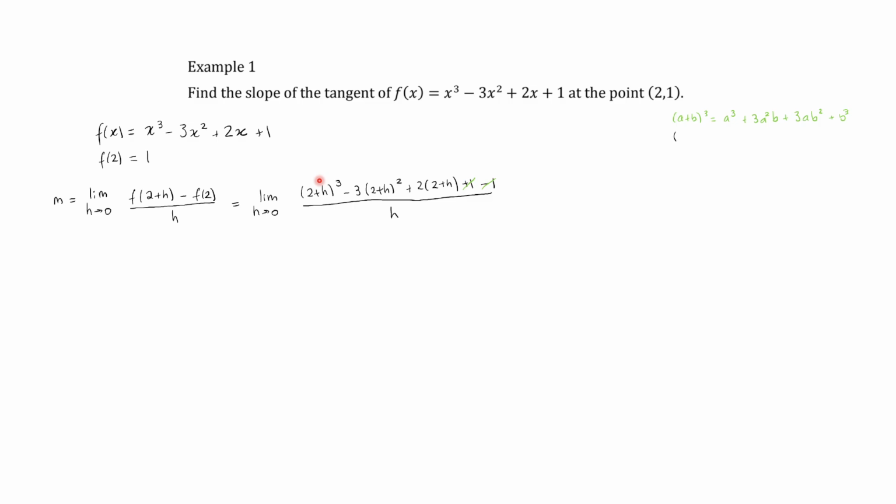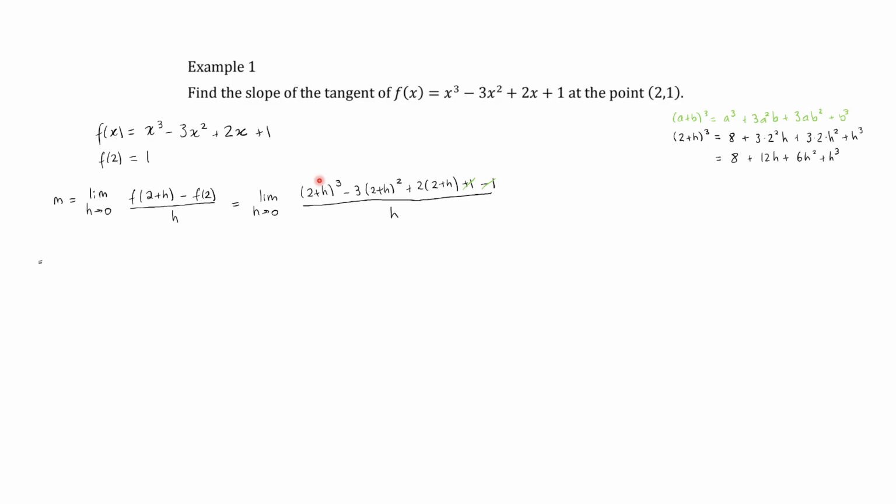And so using 2 as a and h as b, this is going to be equal to 2 cubed, which is equal to 8, plus 3 times 2 squared times h plus 3 times 2 times h squared plus h cubed, which is going to be equal to 8, plus 3 times 2 squared is equal to 12, 12h, plus 3 times 2h squared is equal to 6h squared, plus h cubed. So let's write that over here. So this is going to be